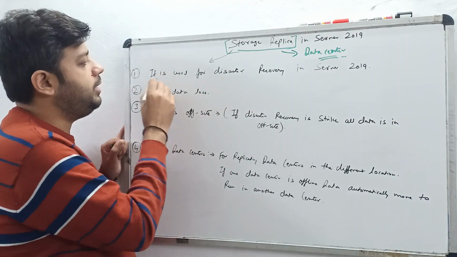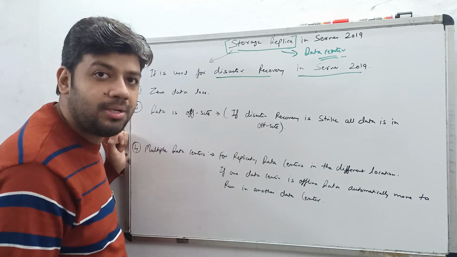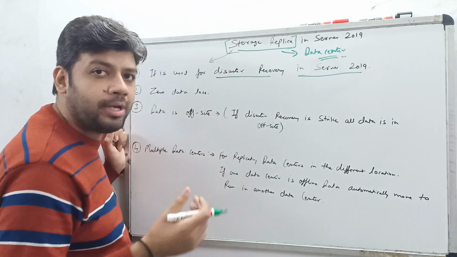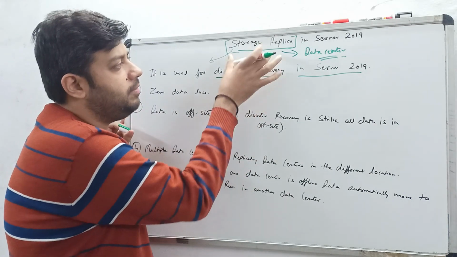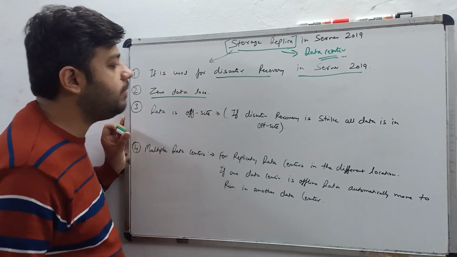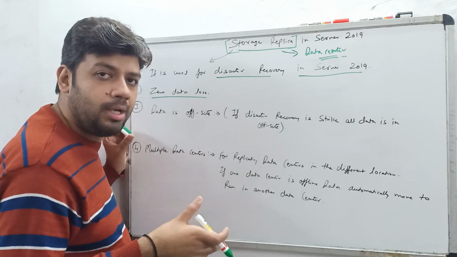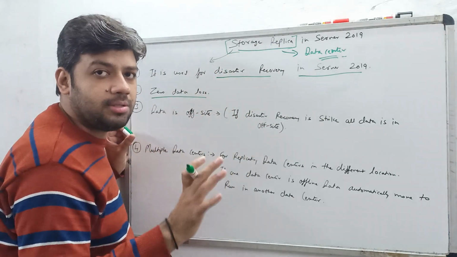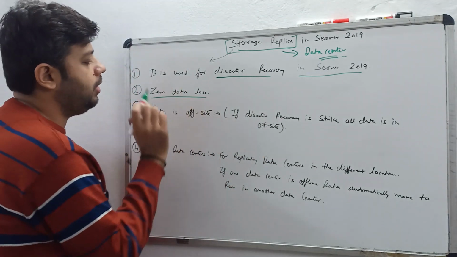So what is it used for? It is used for disaster recovery in Server 2019. If we are configuring disaster recovery, and we are talking about storage only, we can use storage replica. It provides you zero data loss. Now, what is the meaning of zero data loss? Imagine you have multiple storage servers. If one server is down, with the help of storage replica, it gives you zero data loss. If one server is down, the second server is available to provide the same storage. So there is zero data loss.